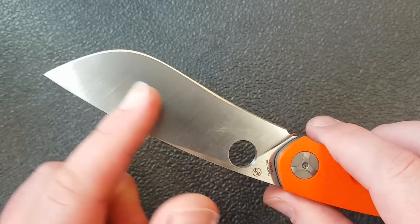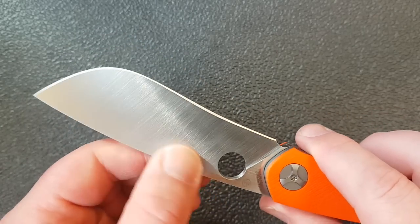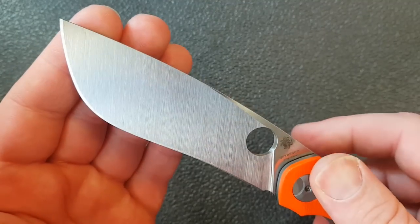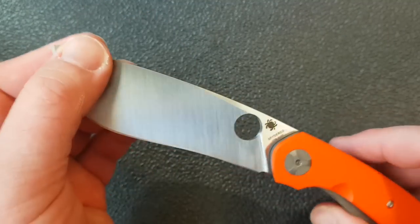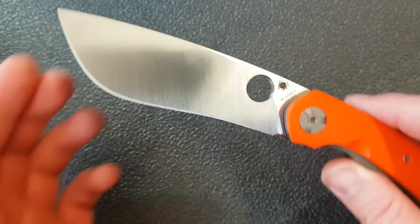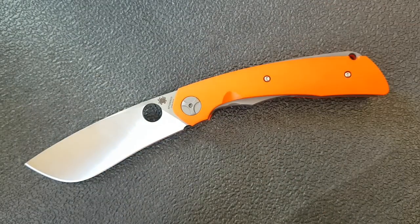And I have to tell you guys, one of my favorite things about Spyderco consistently is the way that they do this grinder satin on their blades. I love that Spyderco finish. I love the way it catches the light. And of course, in this giant machete style blade,